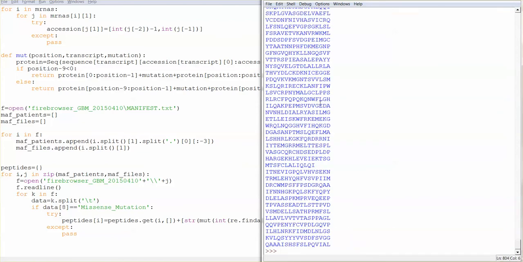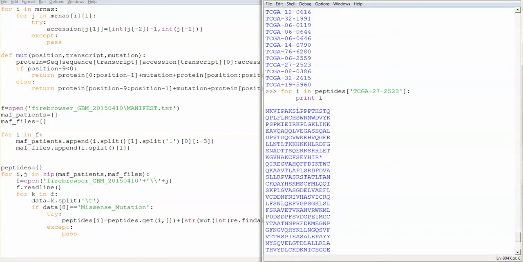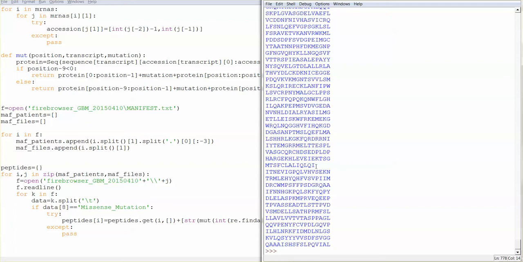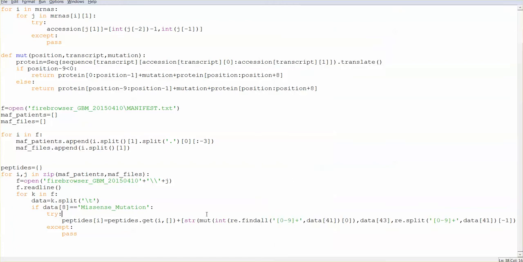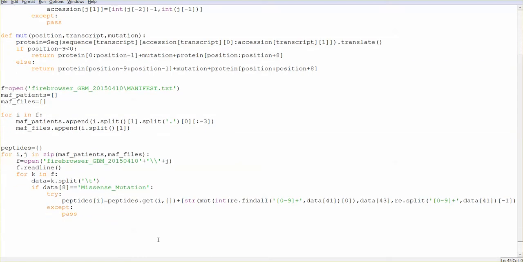Yeah, so we have our 17 amino acid stretch, and the very middle will be the mutation. Sometimes you end in a stop codon because you were at the end of the peptide, and sometimes you don't because you were at the start of the protein. Okay, so now we've done really the hard part. We made the 17 amino acid stretches centered on the mutation. What we really want, though, are the monomers, which will be loaded onto the cell. So what we're going to do for that is we're going to do a monomer